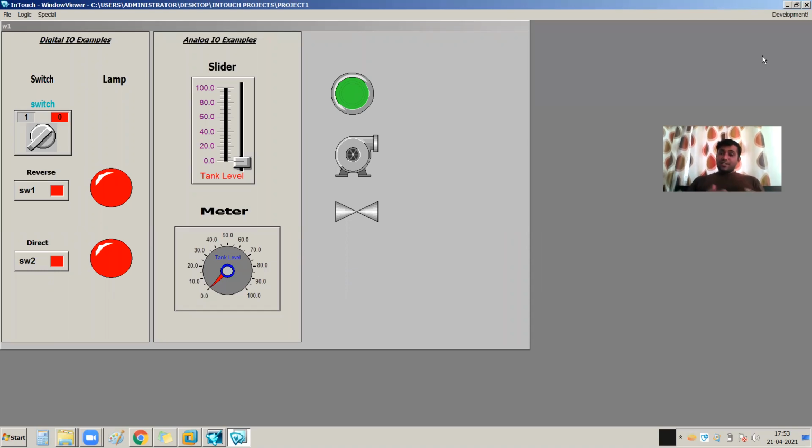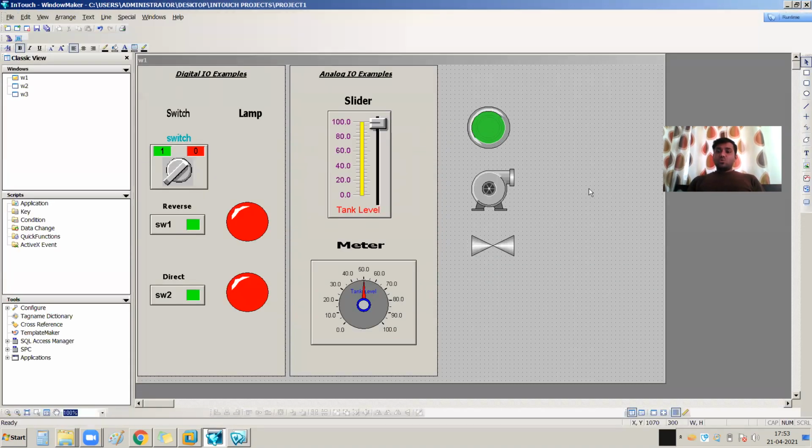But what is the other method? This other method is widely used because the first is a very lengthy method. You go to File, you need to open the window, then you need to select, then you need to press OK. Now if you want to move from one window to another window, there is a second method available. That is a very easy method. For that you just need to take a button from the right hand side.